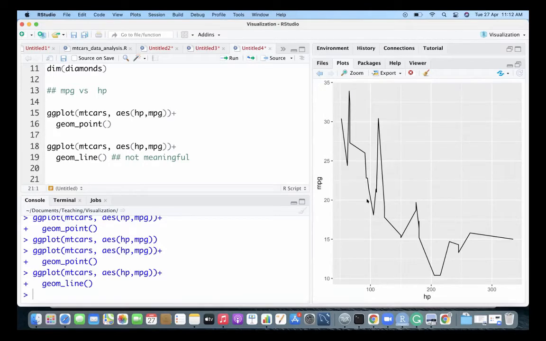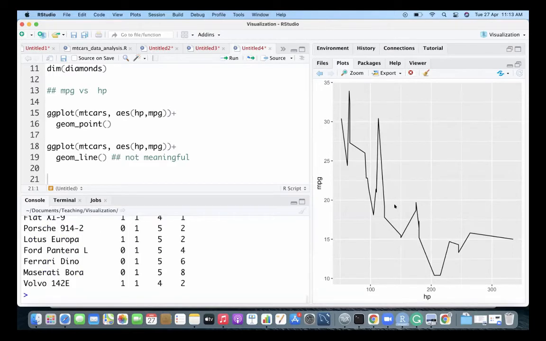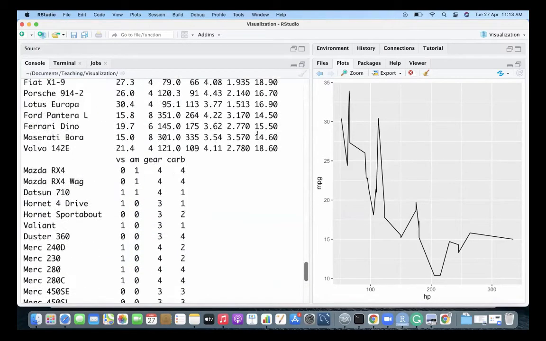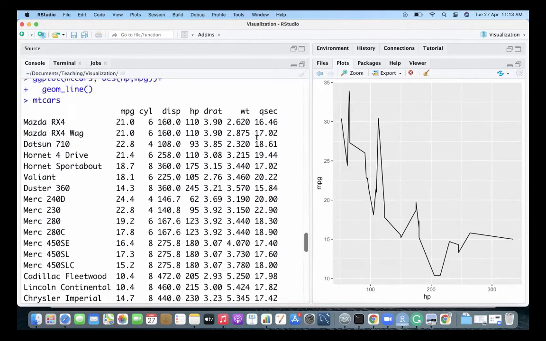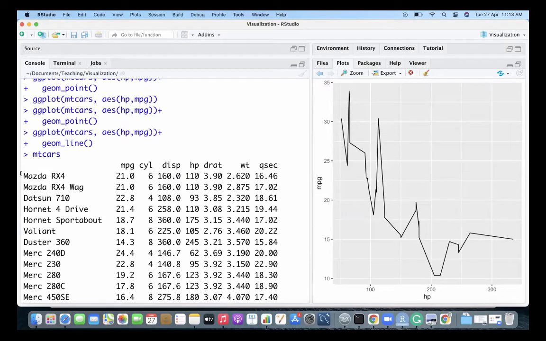Horsepower in that sense is the data that, yes, probably from an engineering perspective there is some kind of continuity, but the way the data is being collected, there is no natural continuity. If you look into the data, mtcars, each row represents a particular model.